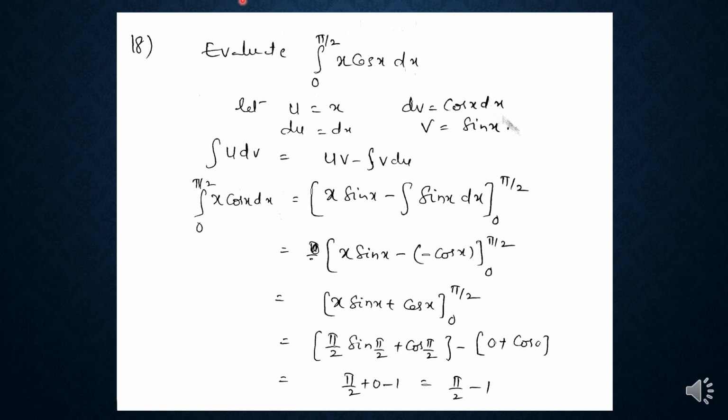So if the given integrand is in the form of product of two functions, then we can apply the integration by parts rule, or if it is in the higher powers, then we can apply the Bernoulli's rule. So after the integration, we substituted the limits, given limits 0 to pi by 2. Thus we got pi by 2 minus 1 is the solution. Next problem.